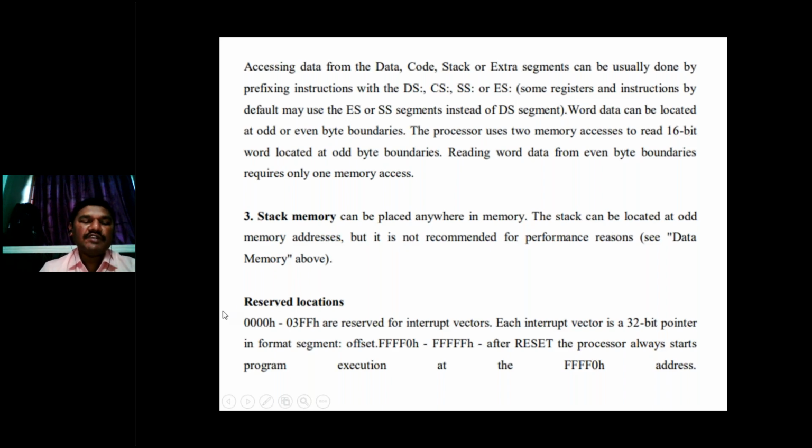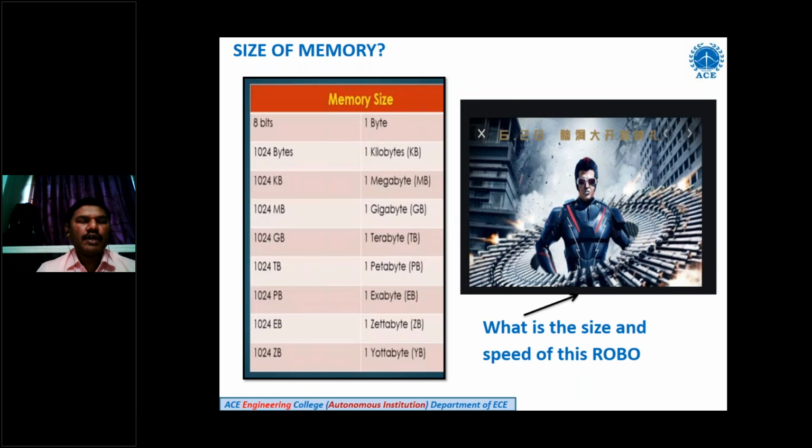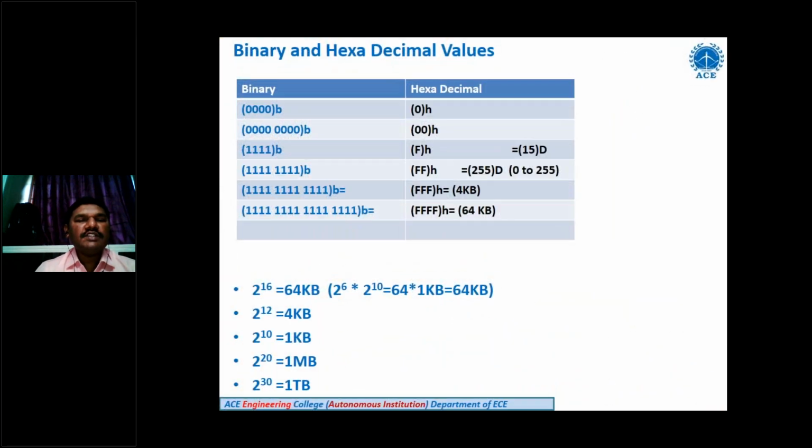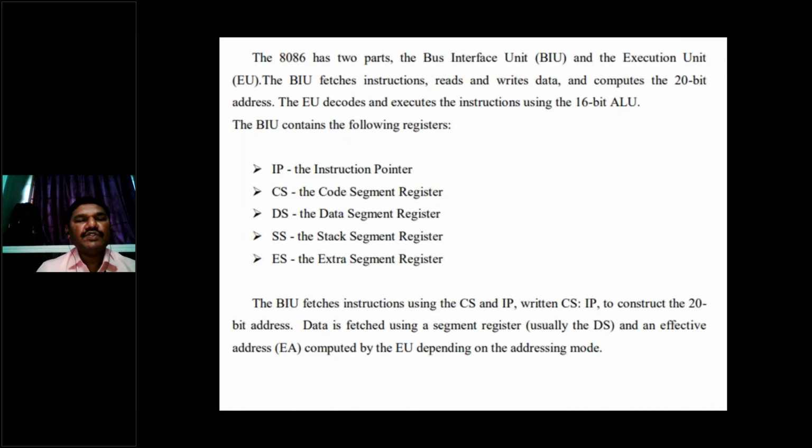Reserved locations means some of the memory has been reserved for storing interrupts, interrupt instructions, that we will see in the next coming presentation. This is our subject in the next classes about memory. There is a separate video or separate class on this memory. So this is the size of memory, how to represent it in terms of 1 kilobyte, 1 megabyte, 1 gigabyte and all. And these are the 2 power values, or how to represent binary to hexadecimal. Right, 1 KB, 2 KB, 3 KB means what, 256 bytes means what, 1 KB means what, 4 KB means what, like that they define these values here.